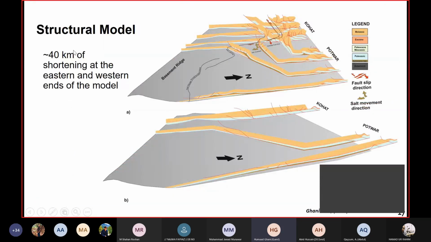What I found out is that when you put together all these cross sections and understand the structural style transition from one part to the other, you can see that this double décollement structural style is slightly vanishing toward the Potwar side. So this is more or less dependent on the evaporites available in the Kohat area that are providing a double décollement. For the Kohat, while you go toward the Potwar, it more or less goes toward the single